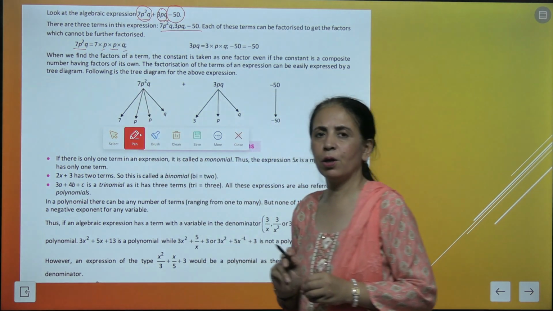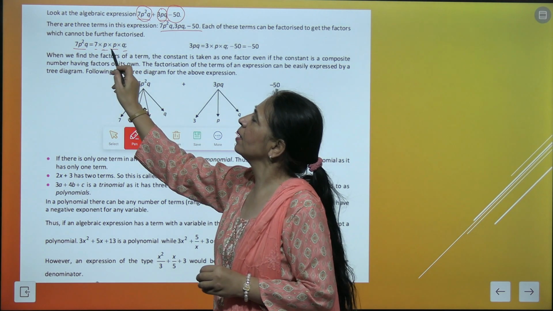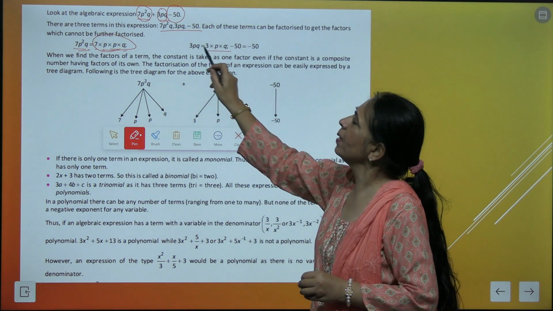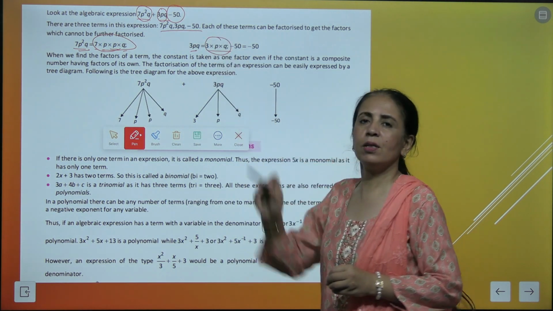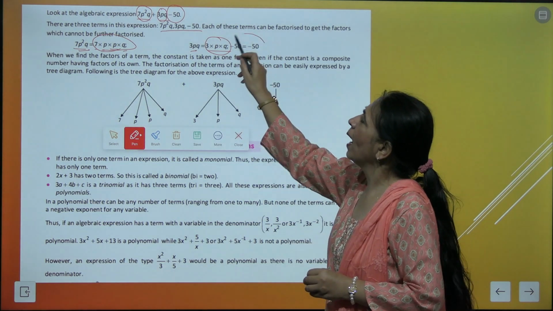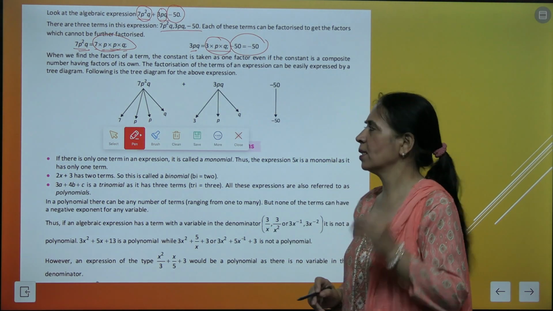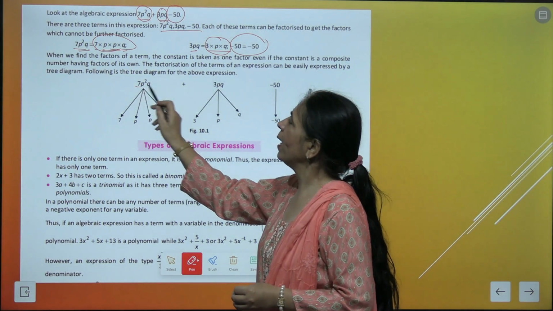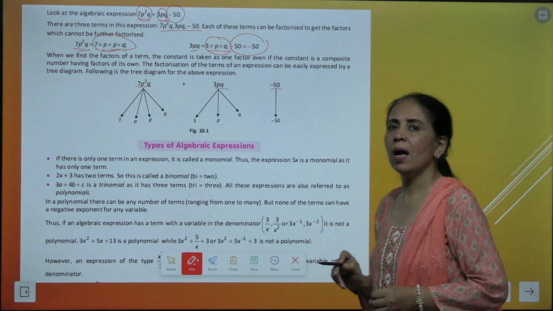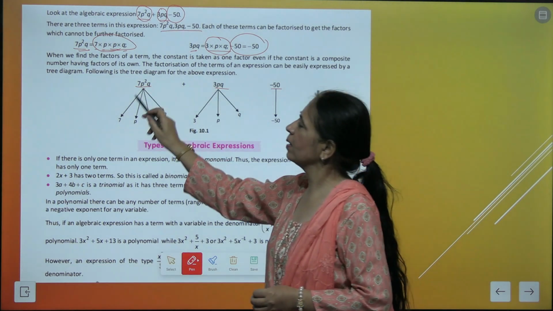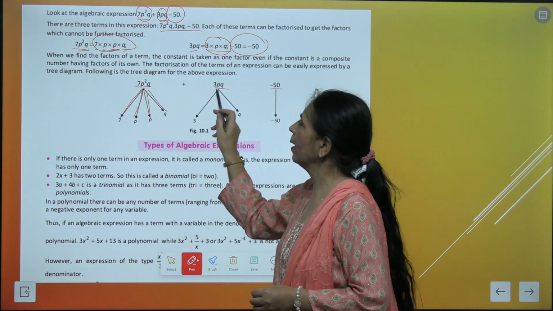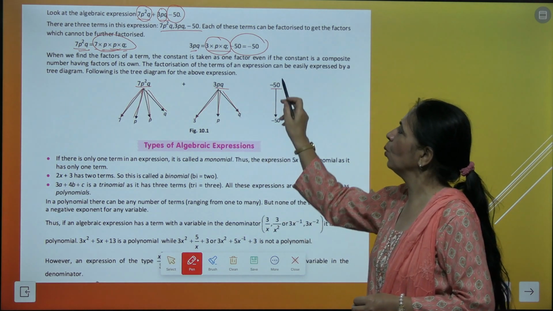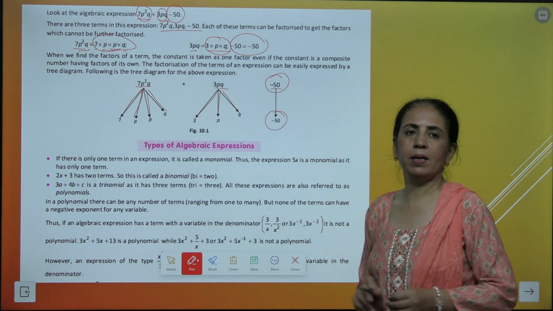multiply p. Okay, so these are the factors of this term। Similarly यहाँ पर 3pq के factors हैं 3 multiply p multiply q and minus 50 is a constant term। अब हम इसको ट्री डायग्राम की फॉर्म में रिप्रेजेंट करते हैं। तो पहले हमने तीनों टर्म्स को लिखा एंड इन टर्म्स को फैक्टर्स की फॉर्म में ब्रेक कर दिया, राइट? सो दिस वे वी गेट 3pq as 3, p and q and minus 50 is only minus 50।